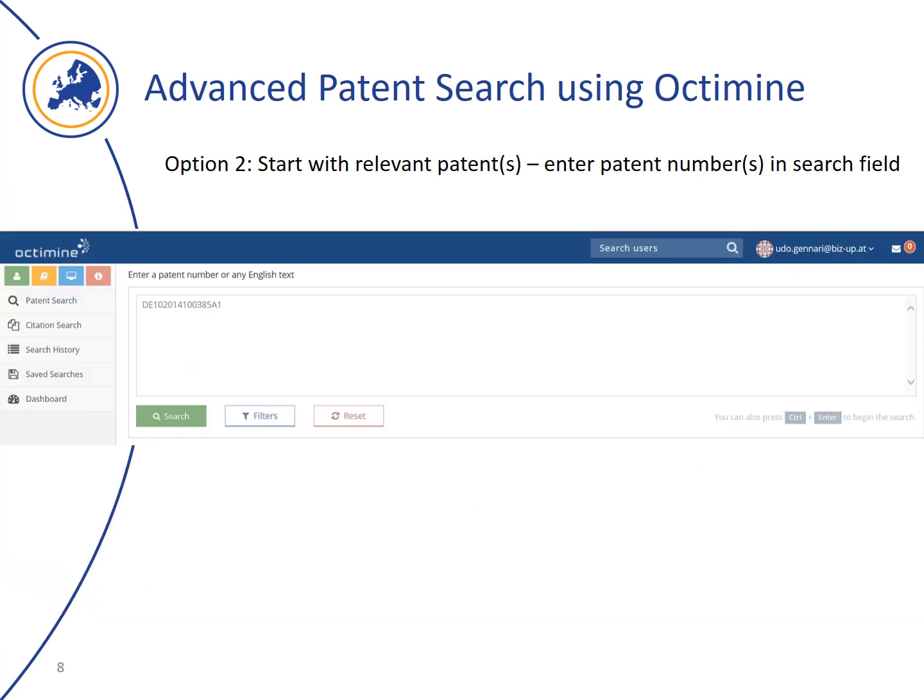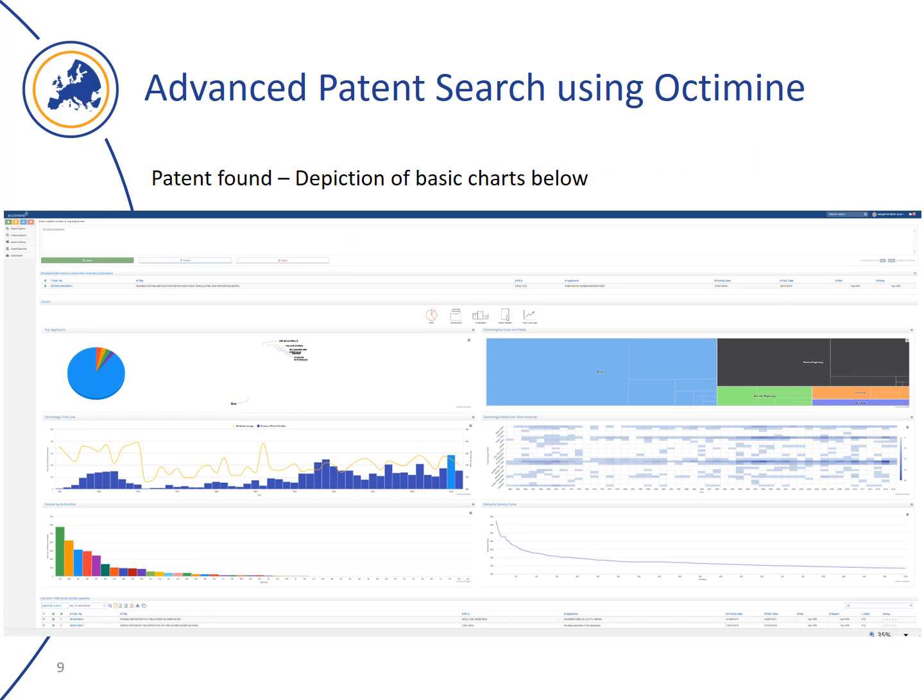Option 2 is that you can right away start with a relevant patent, or maybe even 2 or 3 relevant patents you know already. In this case, this was a German patent application of one of the companies of the customer, and this is clearly not enough for the whole search, but it is a good starting point. And it then goes on